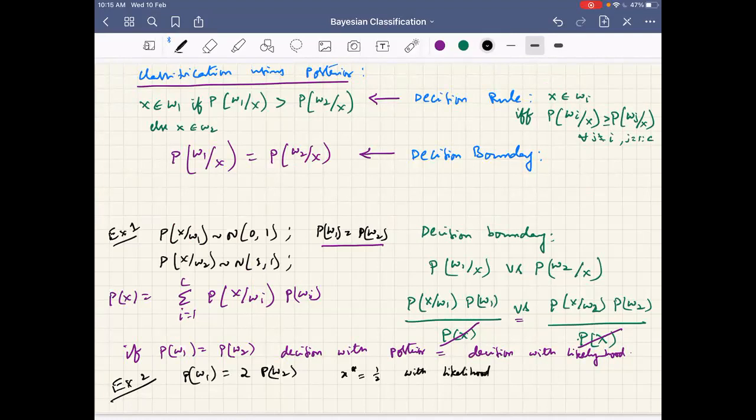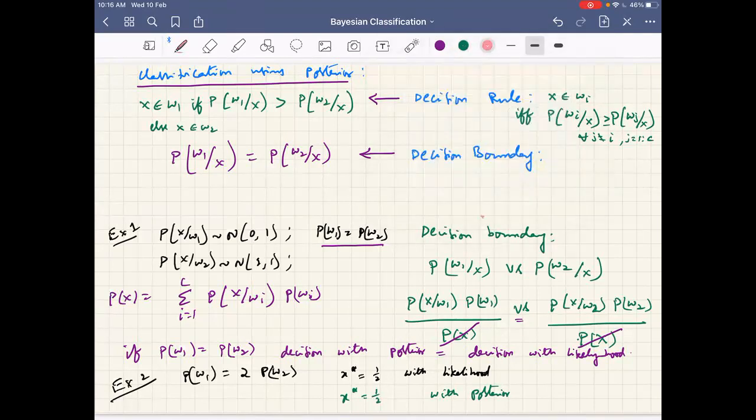Okay, and see, without solving anything, can you guess something about what may be the X star with the posterior? One-third. Okay, you solved, but I don't want you to solve. I think your answer is also not correct. But without solving, can you infer or guess something? Half is what you previously had with the decision rule. I will try to see if I can plot somewhere.